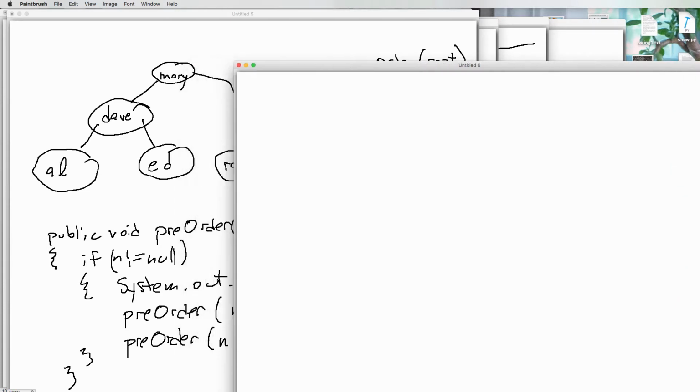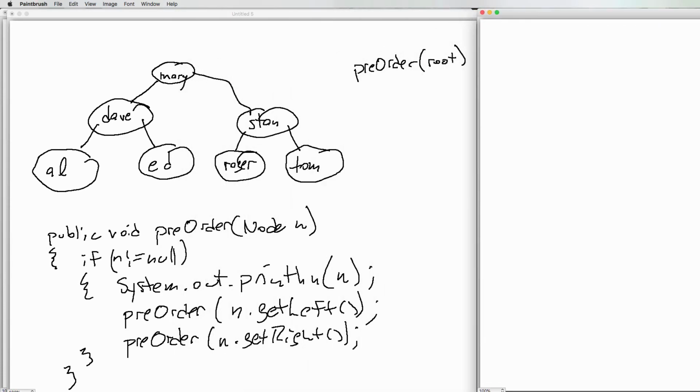Let's move this over here. And if I do a pre-order of root, well, what's going to happen is, so here's root pointing over here. I'm going to print out Mary. And then I'm going to be doing a pre-order on the left subtree. So I'm going to write it like this. Pre-order of, and I'll write it this way, a reference to Dave,